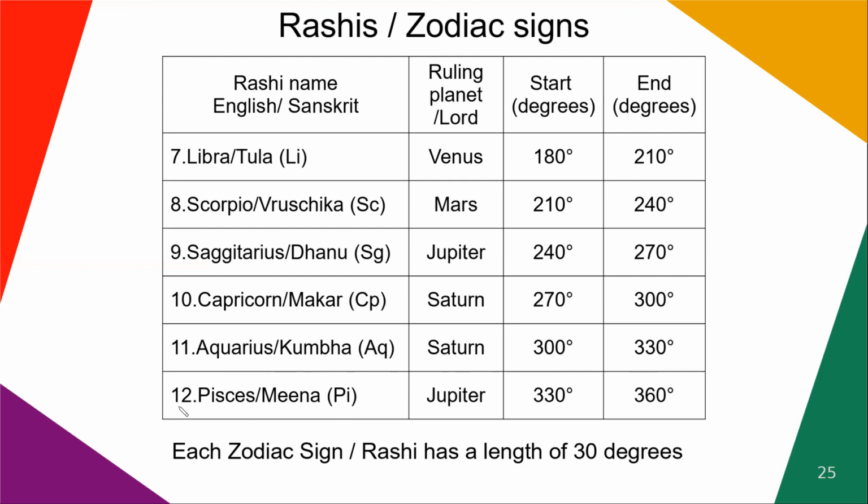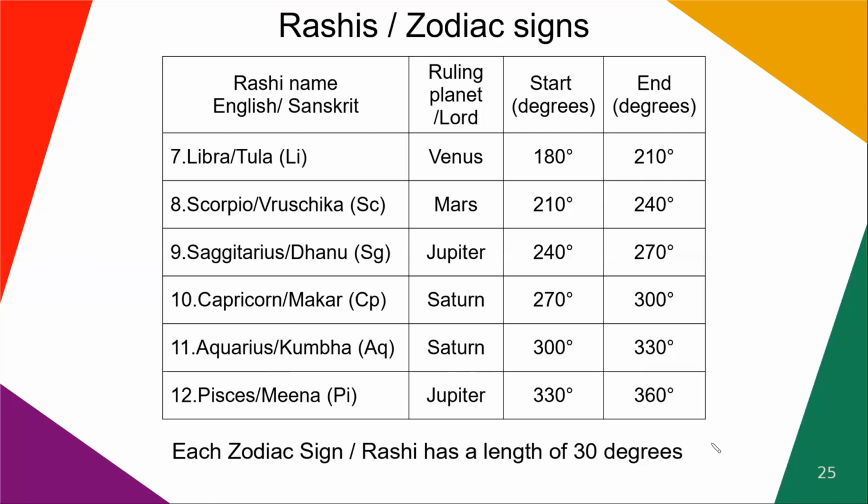The last zodiac sign or Rashi is Pisces, Meena in Sanskrit. Its ruler is Jupiter. It starts at 330 degrees and ends at 360 degrees. So once the planet completes the 12 Rashis, it again enters the sign of Aries at 0 degrees in the Rashi Chakra. By now, you must have also memorized that each zodiac sign or Rashi has a length of 30